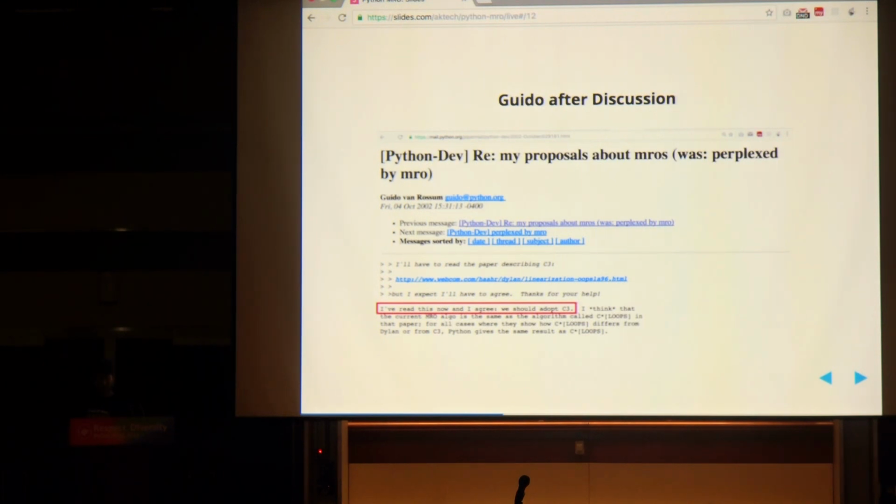He agreed that Samuele Pedroni's proposal, that the old MRO in 2.3 should be replaced by a new algorithm, was right. The new algorithm is called the C3 algorithm, the C3 method resolution order. Samuele proposed to implement this algorithm in the next version of Python, and after the thorough discussion, they went ahead to implement this.